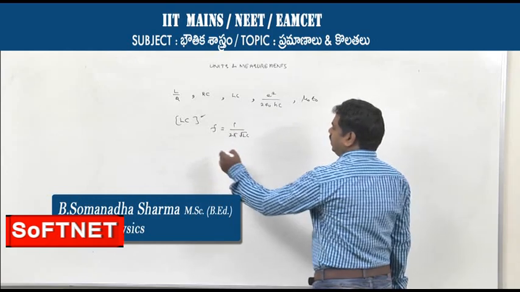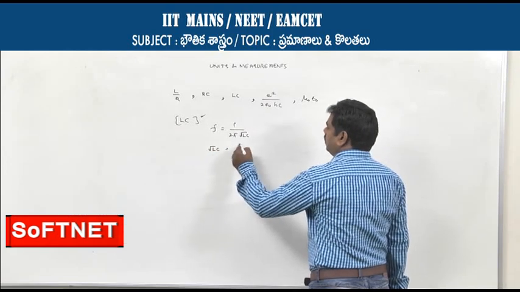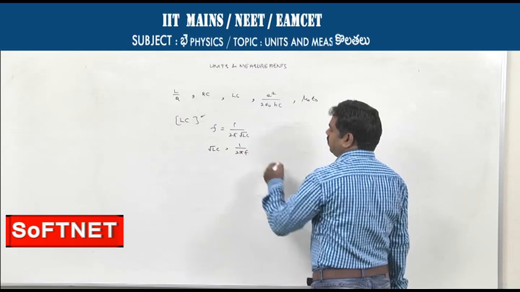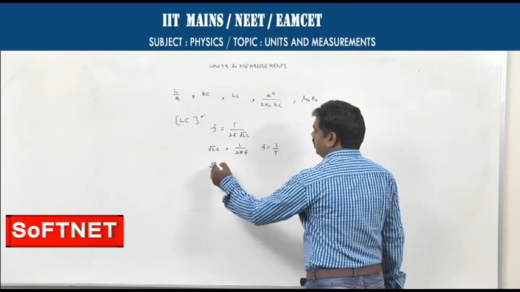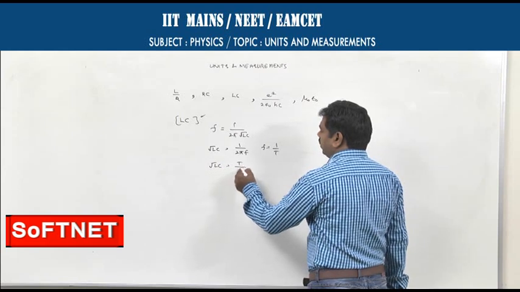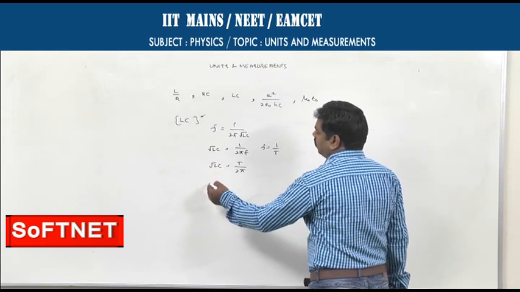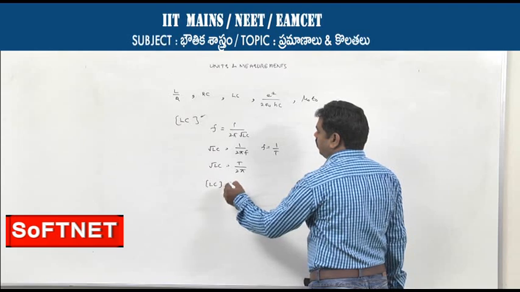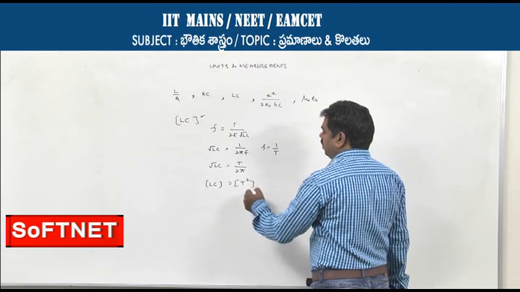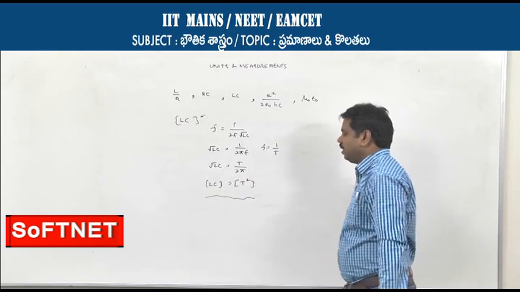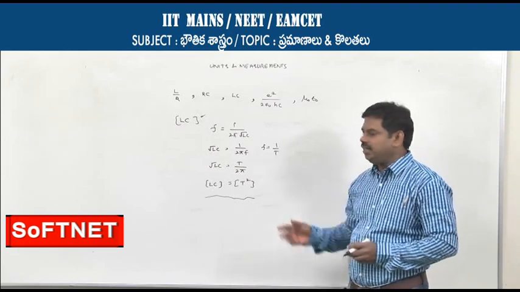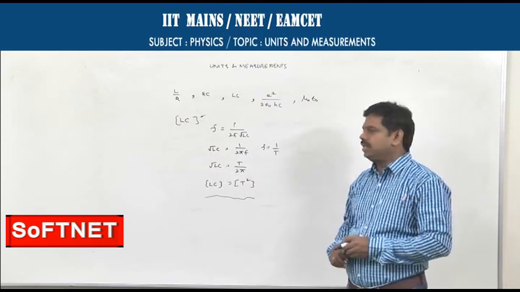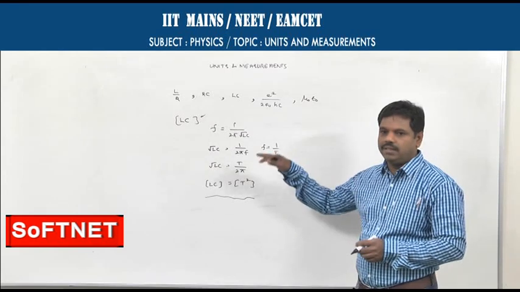How? Take that side: root LC is equal to 1 by 2 pi f. But you know frequency is 1 by t. So root LC is nothing but t by 2 pi. Squaring, the LC dimensional formula is nothing but t square. Like that we can easily represent the dimensional formula of LC without substituting the dimensional formulas of the individual